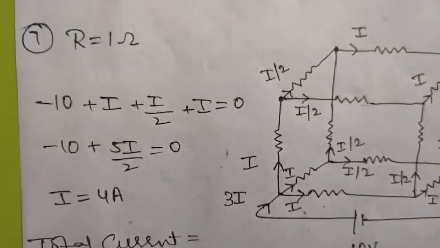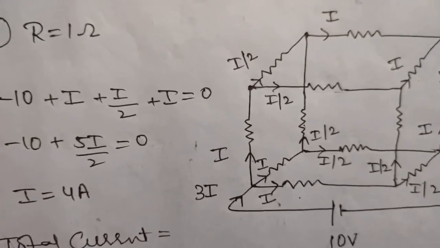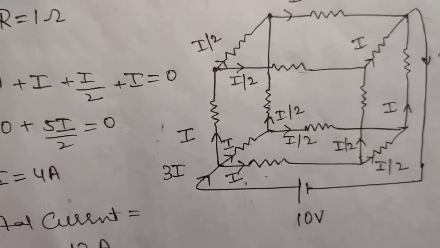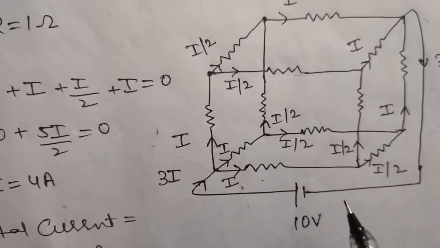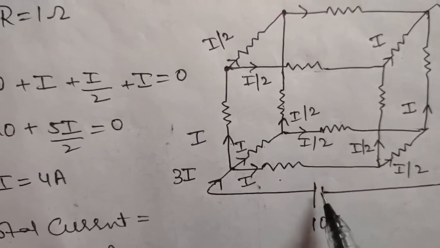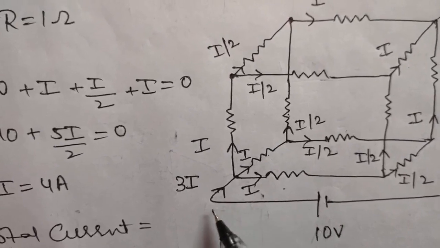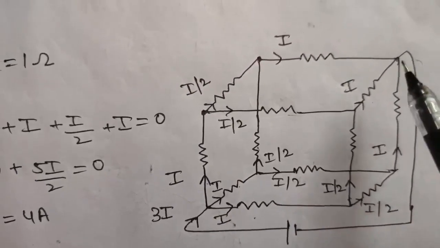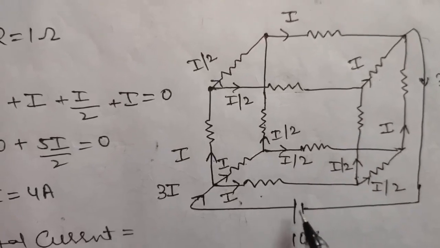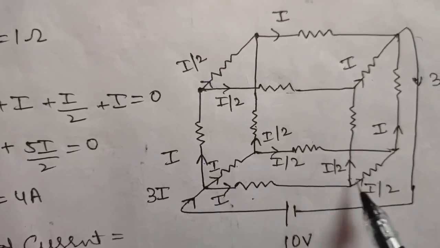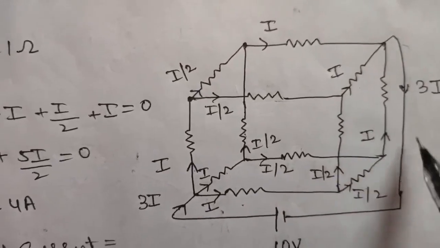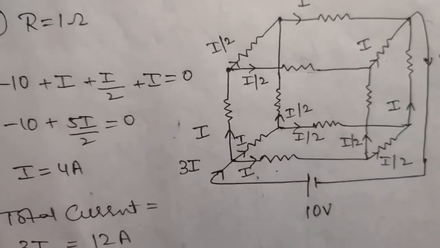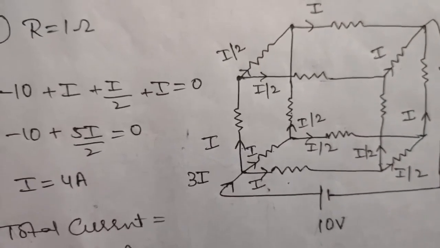To calculate equivalent resistance, let us calculate the value of I first. Now how can we calculate that? Clearly look here, I am choosing this circuit. I am starting from here, this one and this one. So this is a complete circuit. Again look, this one and this one. I will use Kirchhoff's law in this loop.